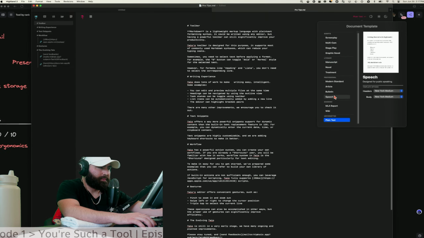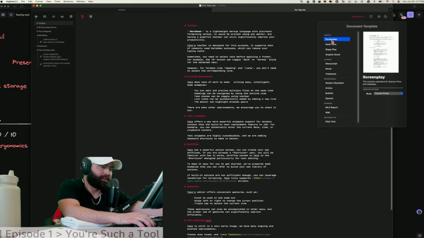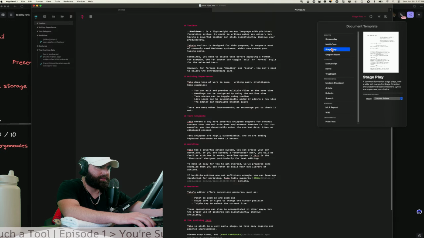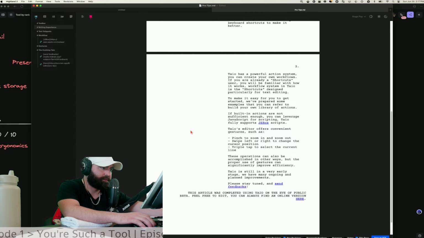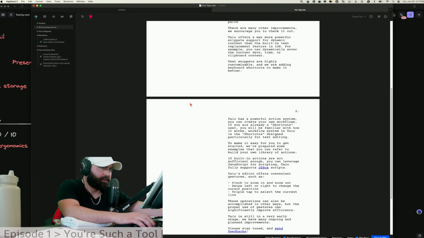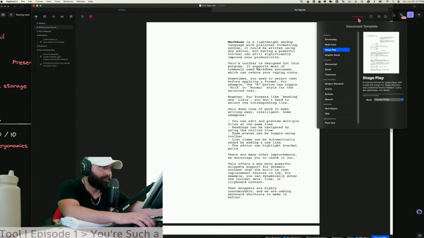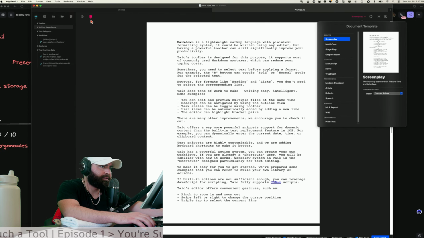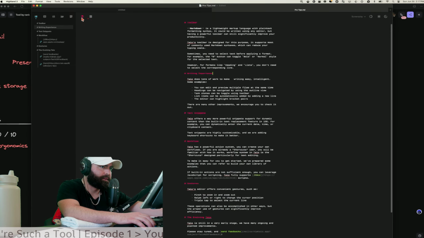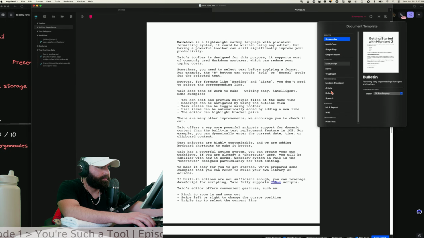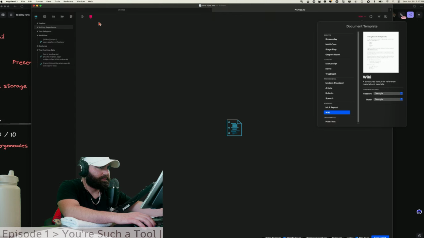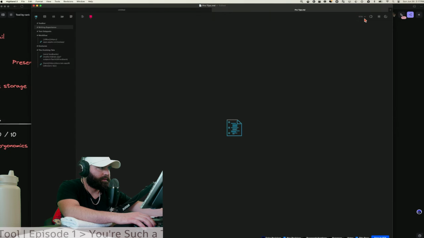And this app is, I'm not a screenwriter, but apparently it was made by screenwriters. And so a lot of the needs that they have, they have advanced needs in terms of actually creating documents. So having access to some of these interesting layouts is cool because I could see some of these having actual value out in the real world. So that's just raw mode, and then here's the formatted.